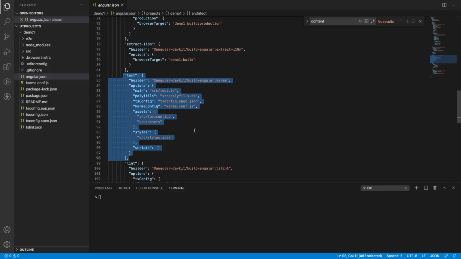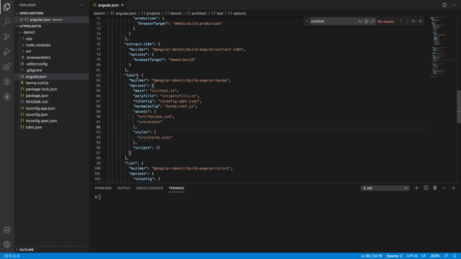Polyfills: this points to the global polyfills for browser compatibility. Assets: this points to assets-related content which will be loaded when running the test cases. Styles: here we can configure our global styles or third-party styles. And there is one more called the scripts array. Here we will have a list of scripts, which may be global scripts or third-party scripts, for example jQuery. Such configurations can be made inside the test.